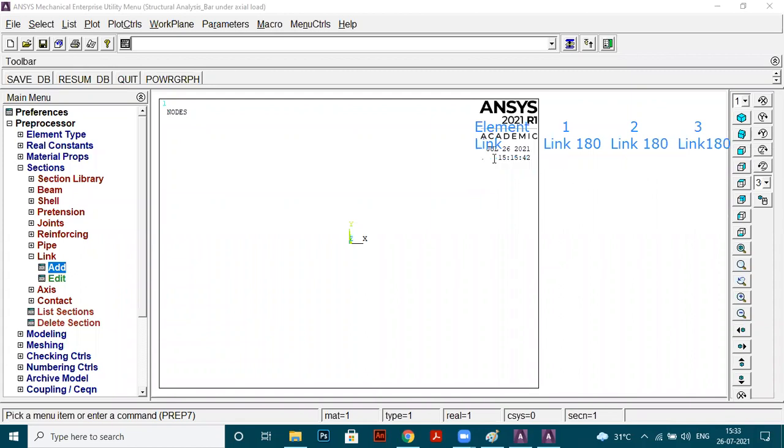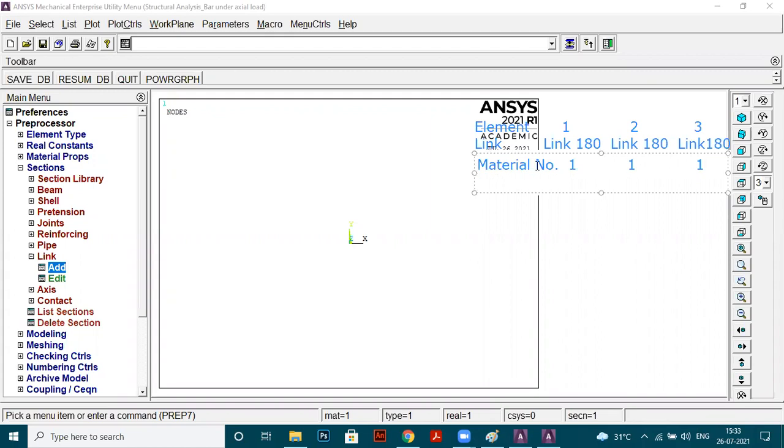See, if you want, I will write down again. Try to understand, for every element, either it is element number 1 or element number 2 or element number 3, we have a single material because the single value of E is given, right? So I'll write down, material number 1. This is again material number, here again 1, because we have only a single material, so there is no option, material number 1, right?